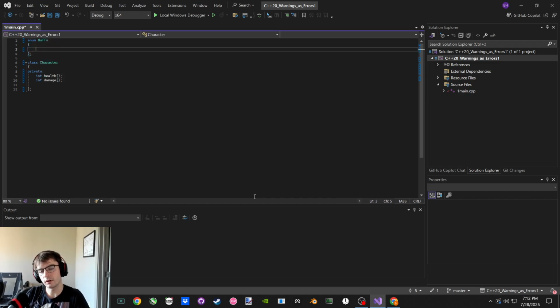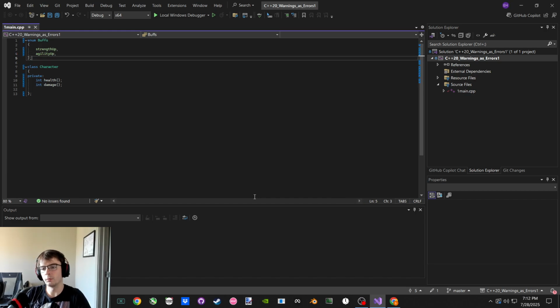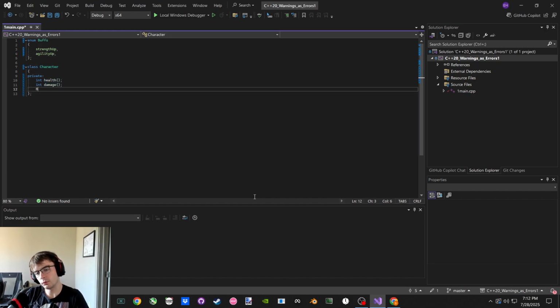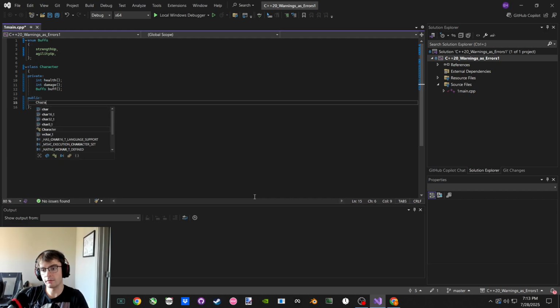Then we'll have strength up, speed or agility up. Sure, we'll just leave it like that. And then this will have a Buffs buff. And then we're gonna have a character